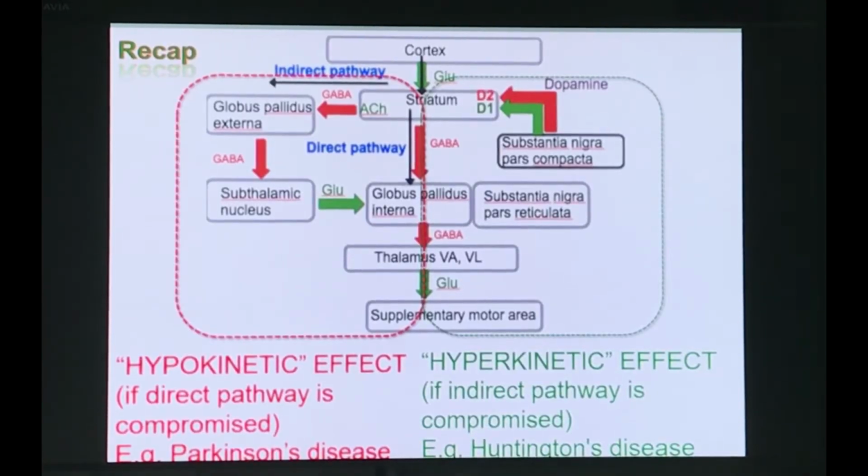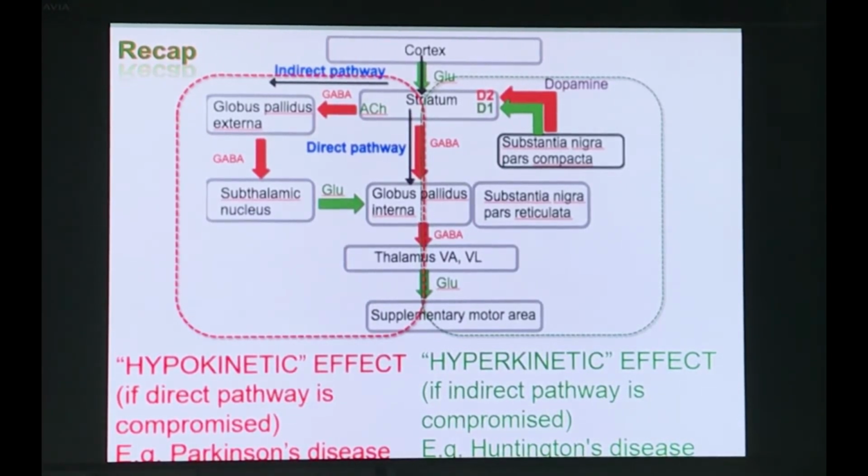A quick recap on the pathways, the direct and indirect pathway. I had mentioned that the basal ganglia are broadly categorized into input nuclei, which receive the information, output nuclei, and intrinsic nuclei. The input nuclei mainly receive the information, that is the neostriatum, which includes the caudate and putamen. They receive the information mainly from three sources: the cortex, the thalamus, and the substantia nigra pars compacta, which go to the caudate nucleus and putamen.